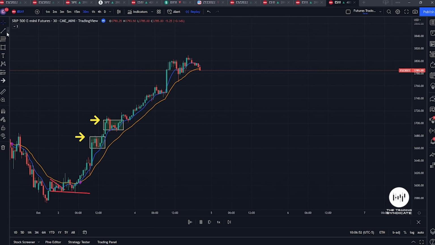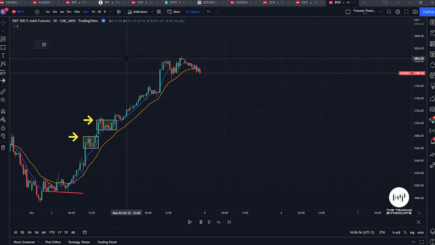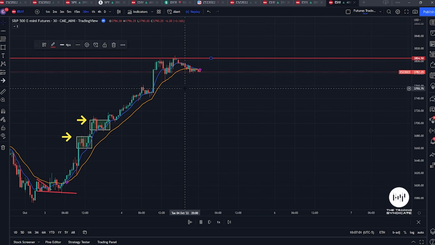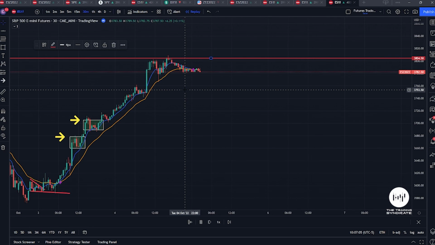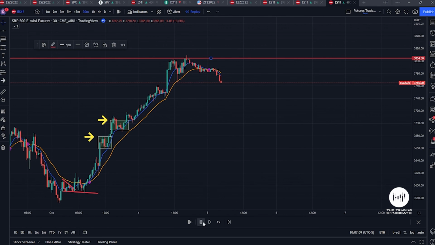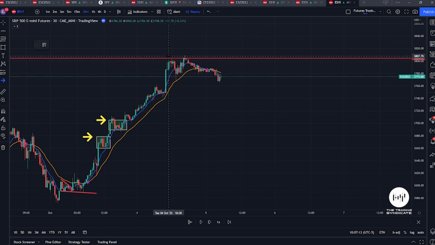As the EMAs move closer together, we fail to make higher highs, and price action candles begin to move below both the 8 and the 20 EMA. Our exhaustion extension has taken place on this candle here,